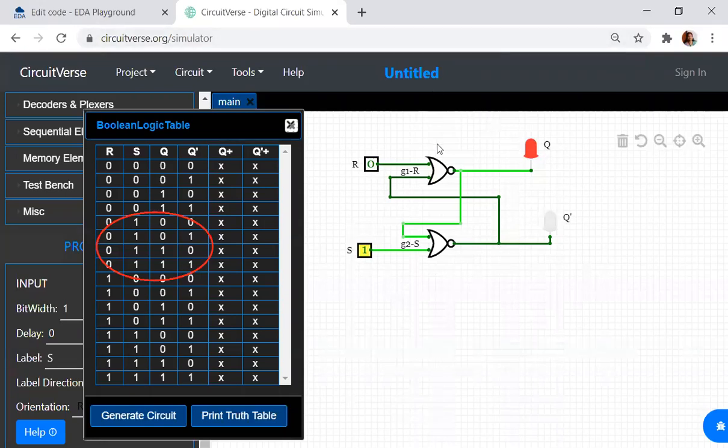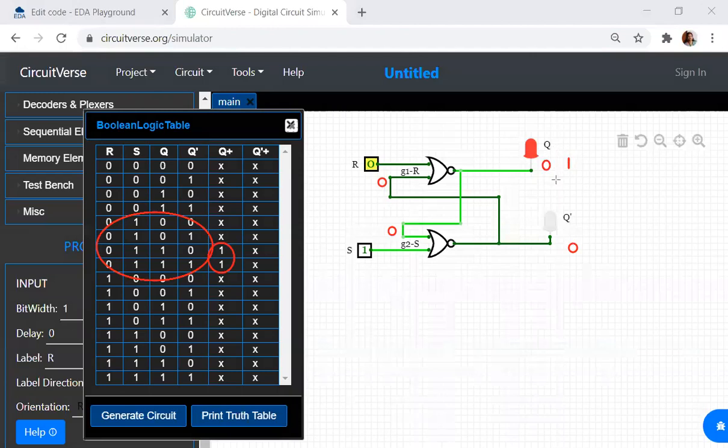Now suppose, let me assume that this Q was a 0. Let me assume that this Q has a value of 0. What happens? This 0 will be available over here now. Now 0 NOR 1 is 0. So we'll get an output of 0. This 0 goes as input over here. So this will have a 0. 0 NOR with 0 will be equal to 1.